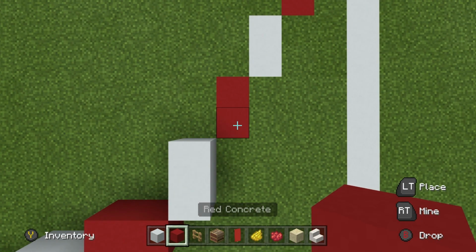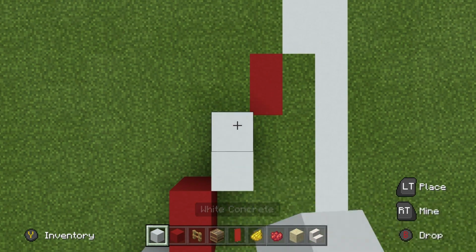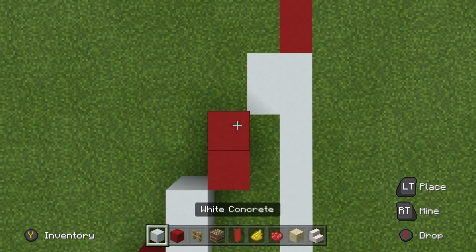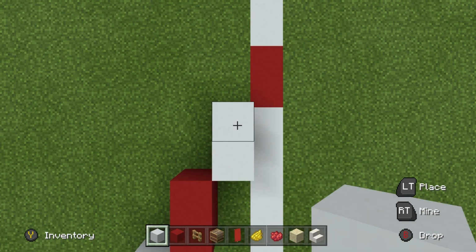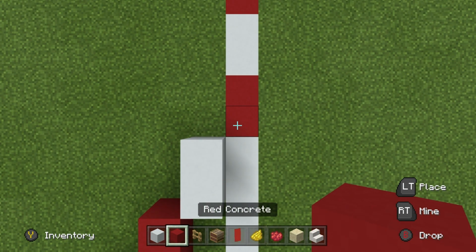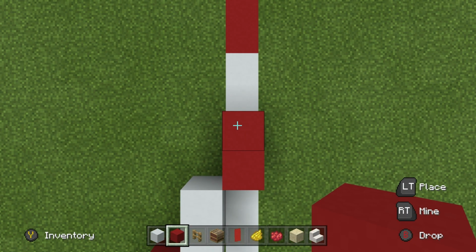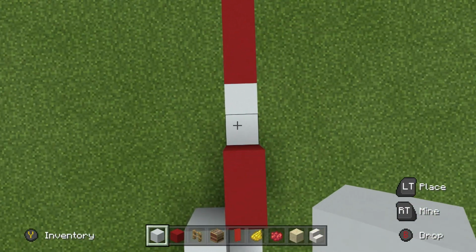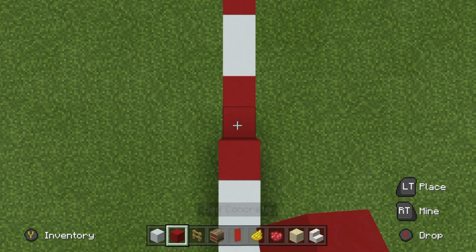and then a row of red concrete doing the same thing, and then a row of white concrete doing the same thing, and then a row of red concrete doing the same thing, and once more a row of white concrete doing the same thing. Now we're going to place a row of red concrete doing the same thing. However, now we are going to extend backwards and we want to place 2 white concrete, 3 red, 1, 2,